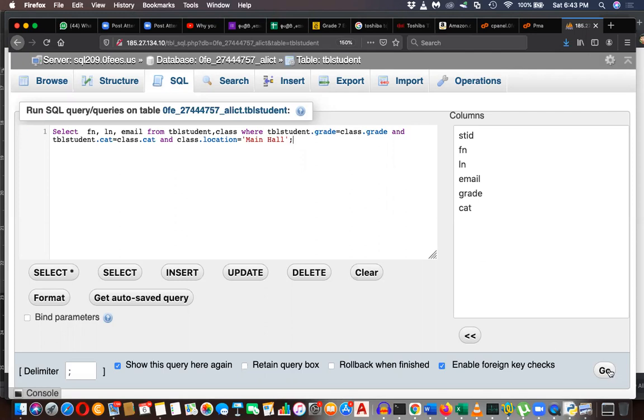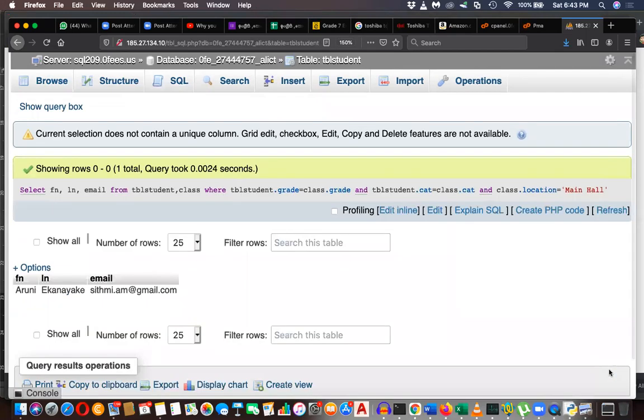Select first name, last name, email from TBL student, class where TBL student.grade equal class.grade and TBL student.category equal class.category and class.location is main hall. Right, if everything is okay. Oh, yes, only Aruni Ekanayaka is in main hall. Is it correct?